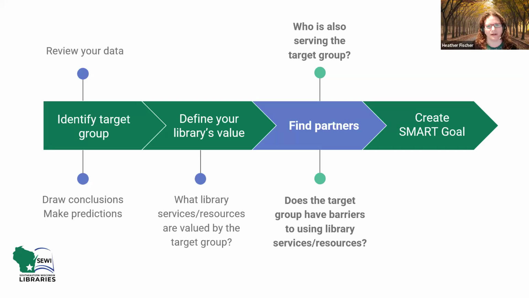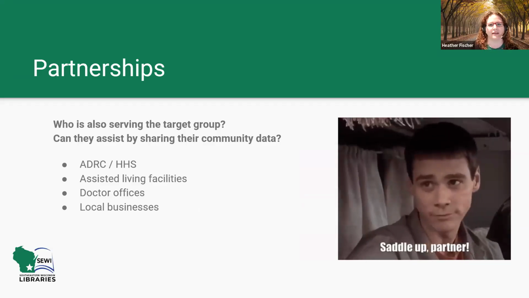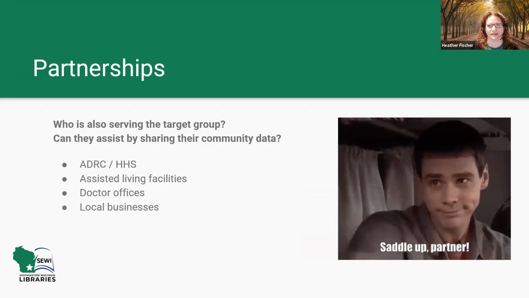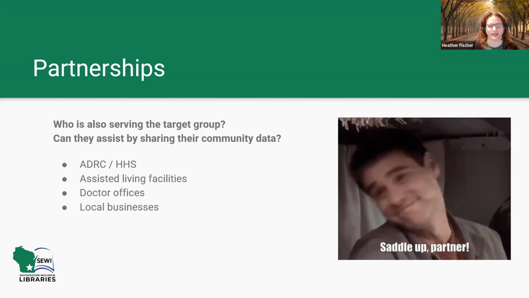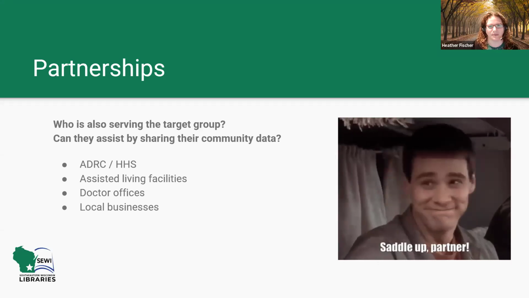And now, who are potential partners in the community? Think about who else is also serving the target group. Does the target group have barriers to using the library services or resources? Here's a closer look at finding partners. This time, we're going to categorize our list to sort it easily. Let's separate a list into 4 parts. The who are potential partners, how could we partner,